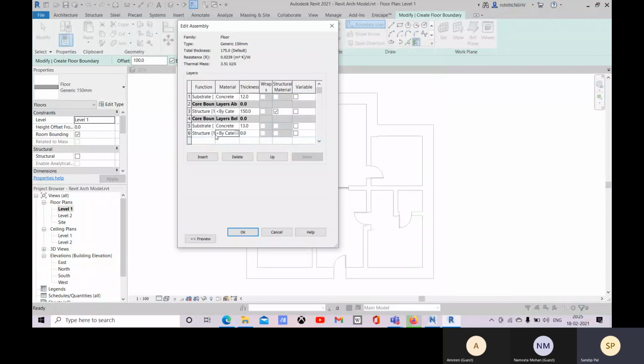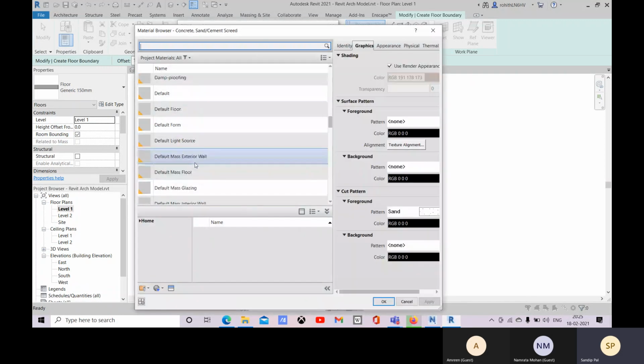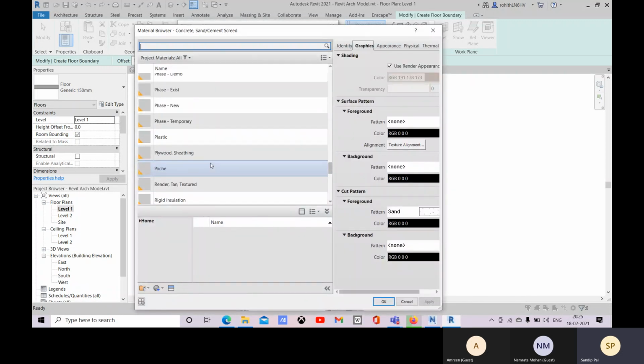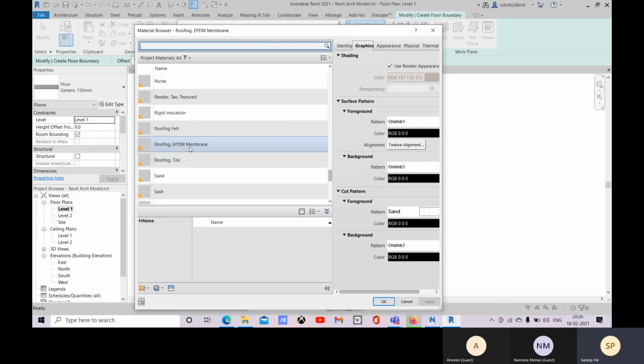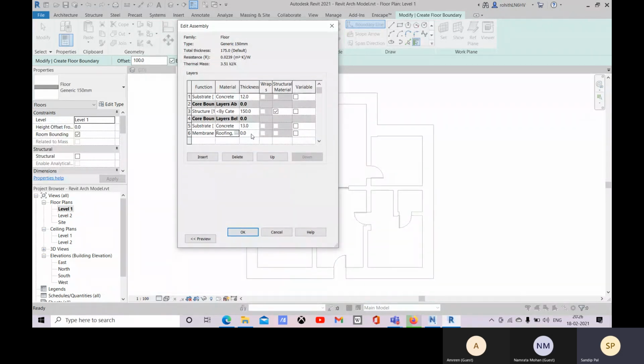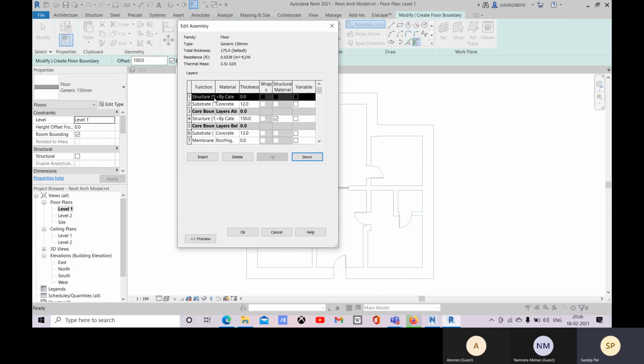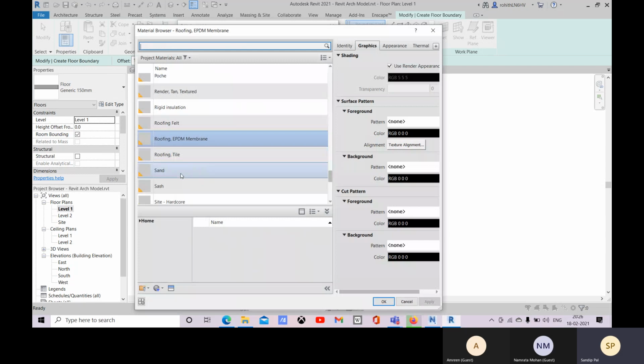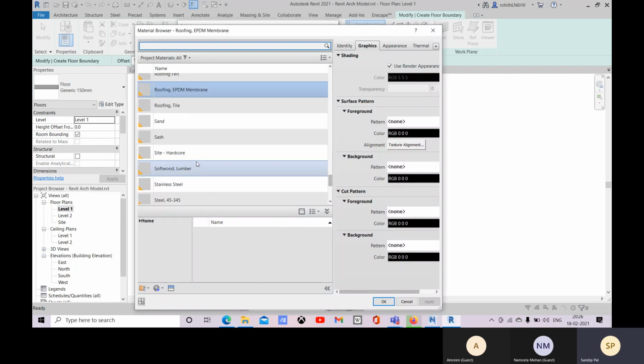Okay, sorry, so specify over there membrane layer, that you are specifying membrane layer, and there you can define this as a material and use render appearance, apply. Okay, and it will not have any thickness. Okay, next add for your floor finish, make it up, and there you define it as finish one. Okay, and then there you can assign the material.